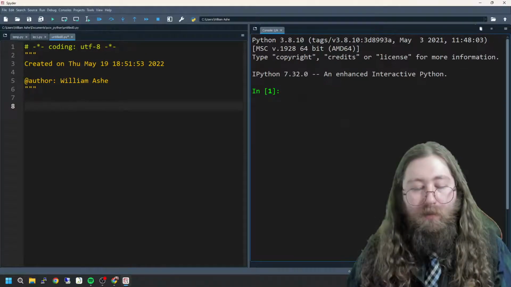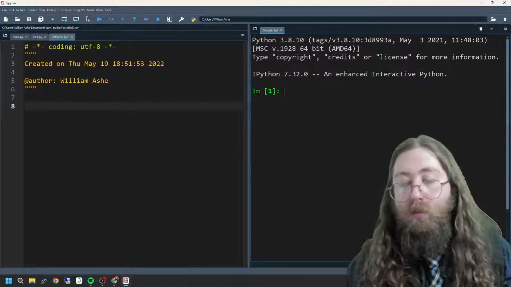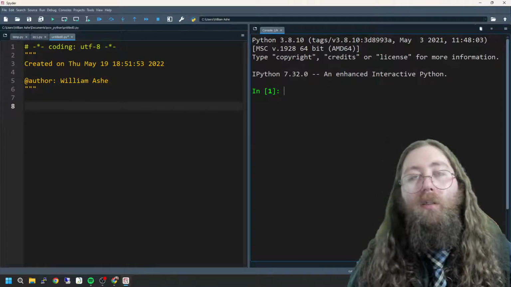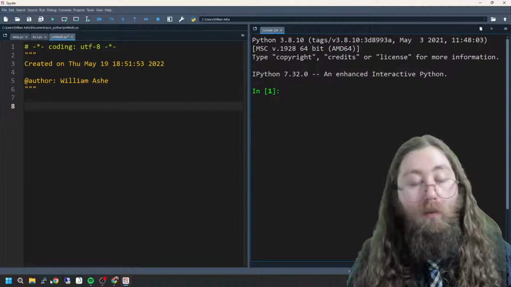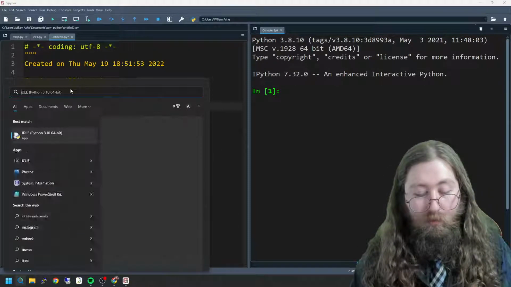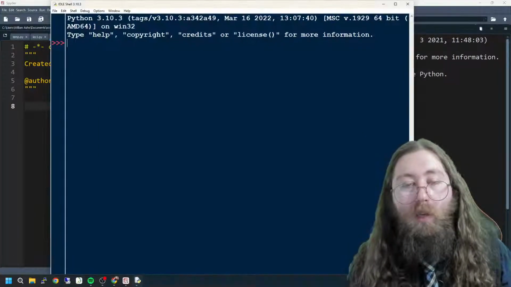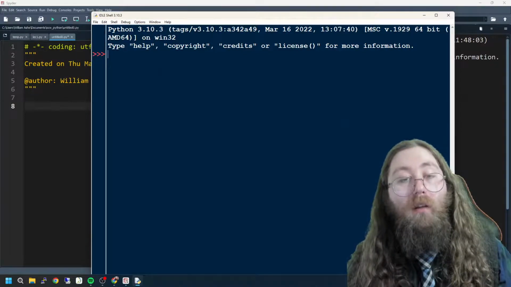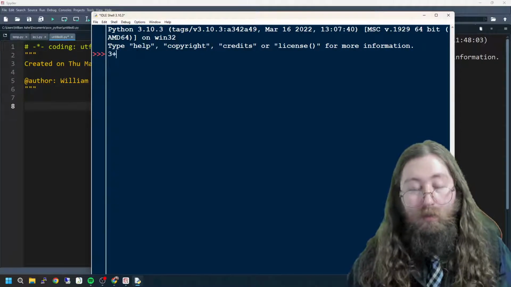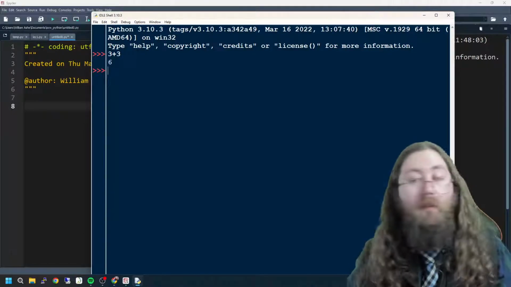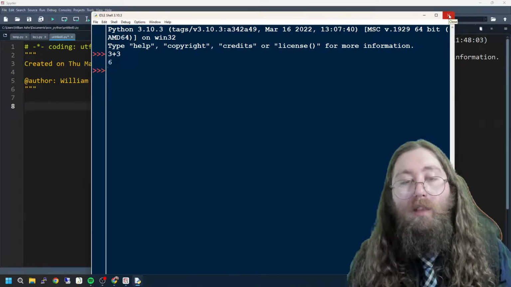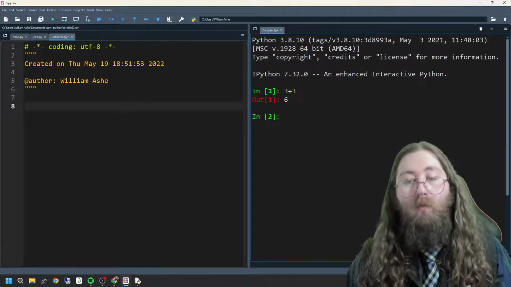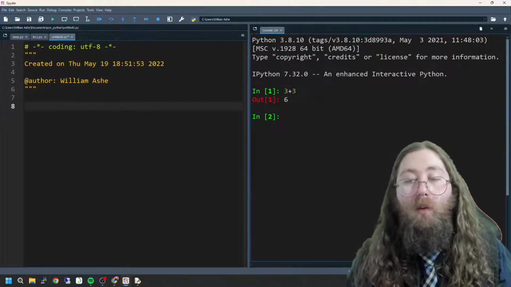Okay, so if I just put some math into this right side here, this is my shell, okay? And if you've used IDLE, which is the development environment that is packaged with Python originally, I can pull that up actually. IDLE is pretty good as well, and with IDLE you get something that looks like this. This is what we call the shell, okay? And I can type commands into this. 3 plus 3, and it tells me 6. Well, in Spyder, we have that same functionality. It's right here. So 3 plus 3 equals 6. So you see it popping up on the screen.